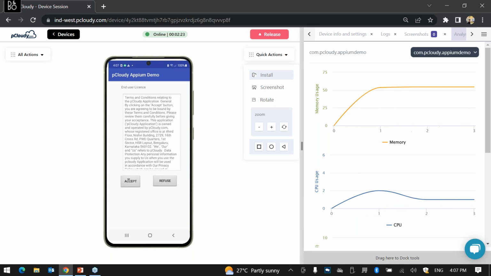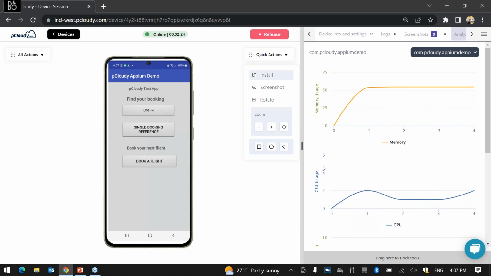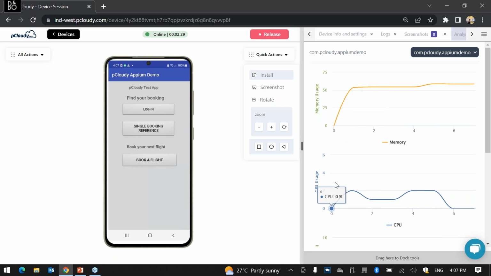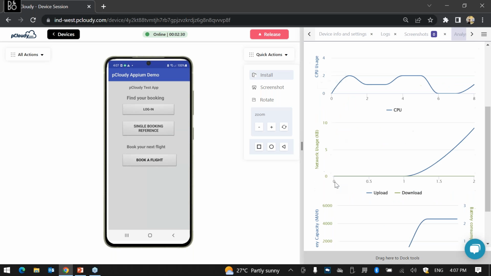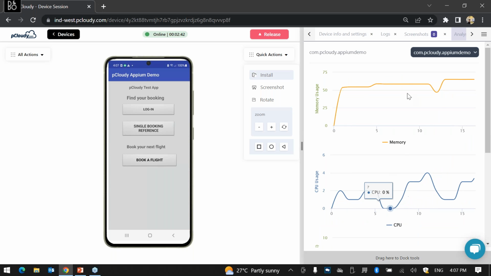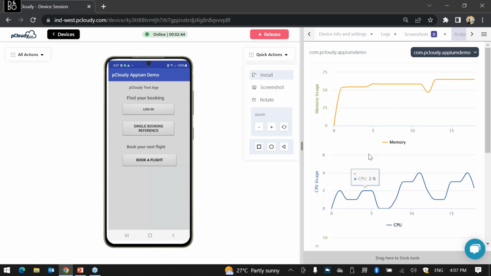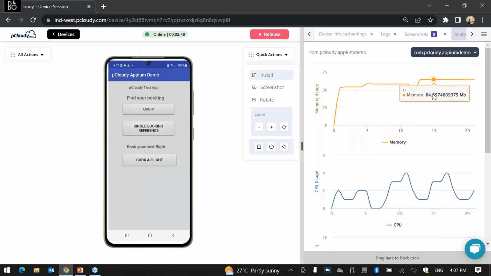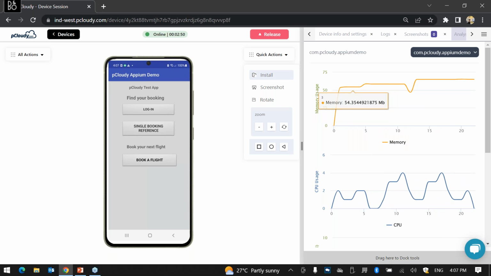As you can see, this is the live metrics. As and when you perform actions, you can see the deviations happening in the memory usage. Similarly, there is a CPU chart and a network chart, and a battery capacity chart, which talks about battery consumption at the device level and app level. All these performance metrics are provided while you test your app, which further adds value to your existing functional testing. And these graphs are also captured in the report section for you to analyze at later stages. Right? So that's about this analysis.